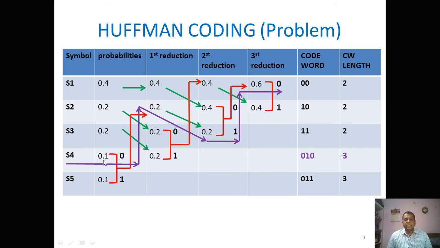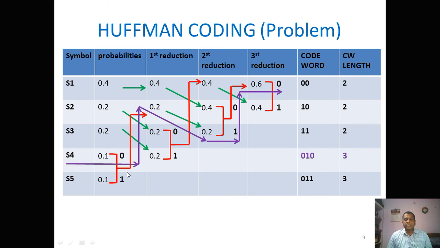So the source symbol S4, in the first column, that is the probability, is being assigned a logical 0. As I told in the procedure, the arrow mark starts from the left and ends towards the right, whereas the code word will start from the right and end towards the left. Right now we'll see how to write the code word. So the first logical symbol we encounter is a logical 0. Logical 0 is being written over here, and then we'll be tracing the path.